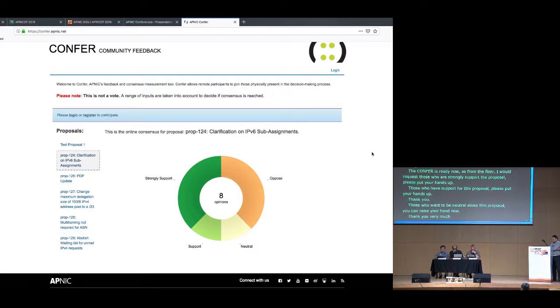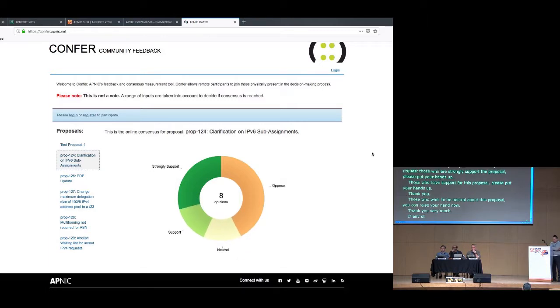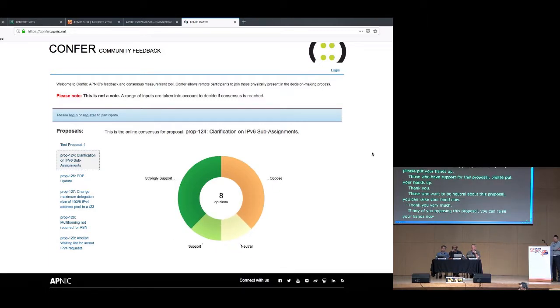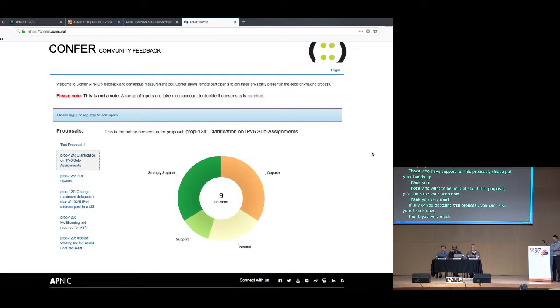And if any of you oppose this proposal, you can raise your hands now. Thank you very much. And if anyone is strongly opposing this proposal, no. Thank you very much. And if you look at the Confer,